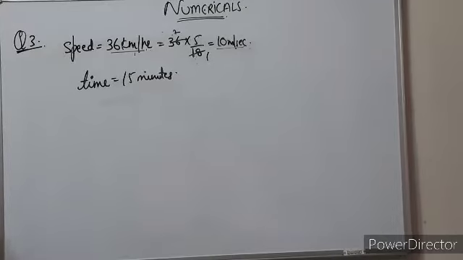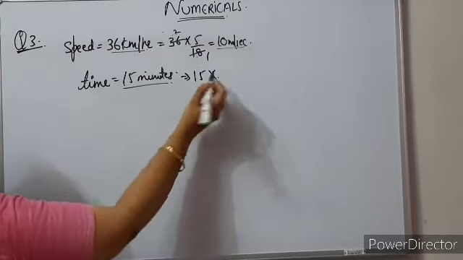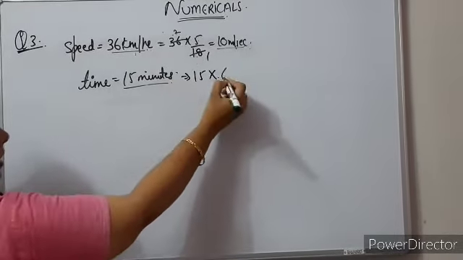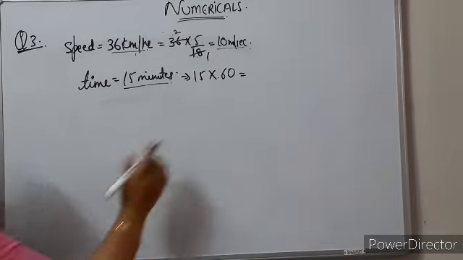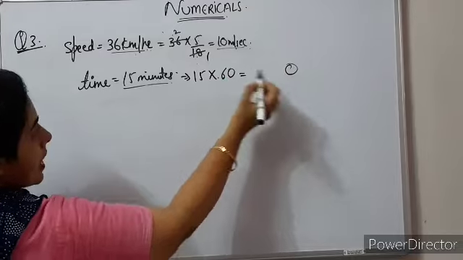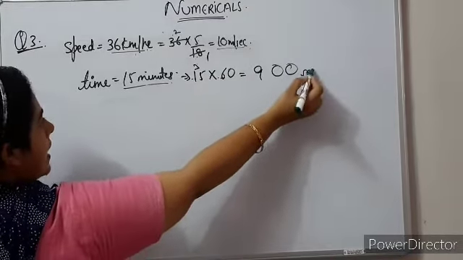Then time is given as 15 minutes. This is again not the standard, we have to convert it into seconds. So 15 multiplied by, in 1 minute how many seconds? 60 seconds. So 15 multiplied by 60. So this 0, 6 5s are 30, 6, 7, 8, 9. So it is 900